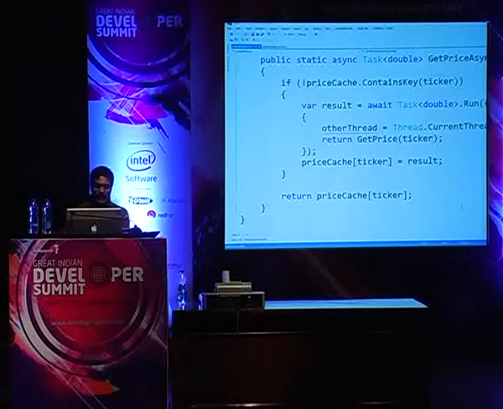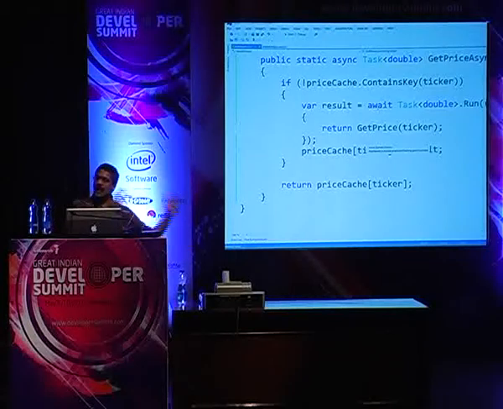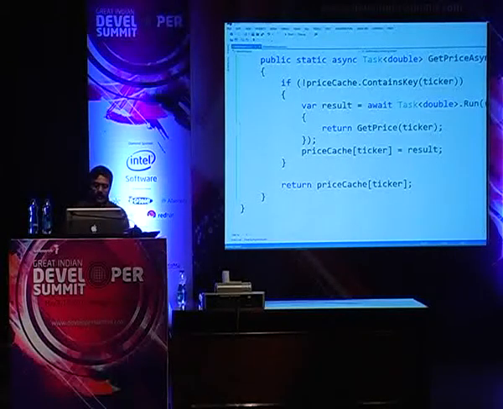Now we have simplified the code to the bare minimum at this point, and we are simply saying, go look for the cache. If the cache contains the price, just return the price. If the cache doesn't contain the price, go ahead and launch a thread at this point, because I've got to wait for this web service, which is going to take time to respond. When the response comes back, we could even get rid of these here, right? So this can be much simpler.